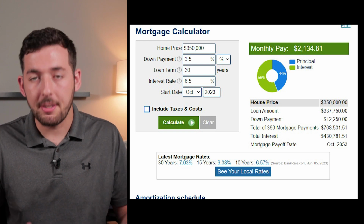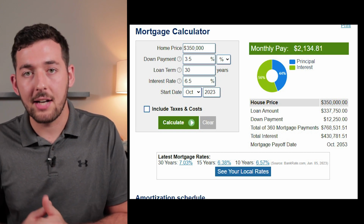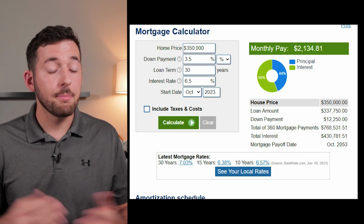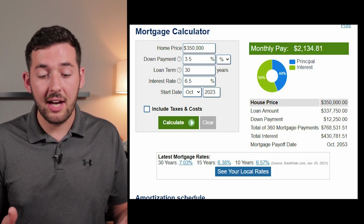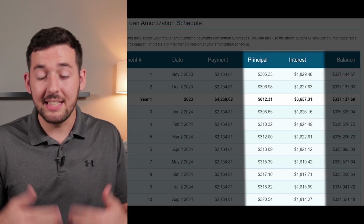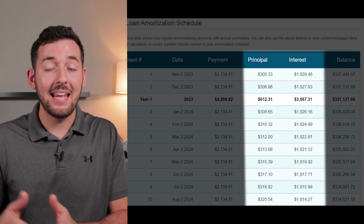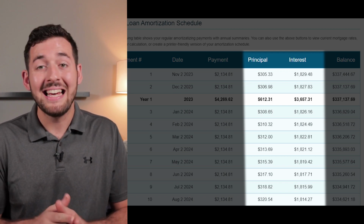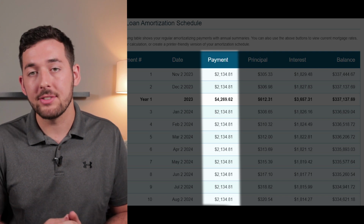So let's just say we purchased a property for $350,000 at 6% interest rate. This is what the numbers would look like. Your monthly principal and interest would be $2,134.81. As you can see, the interest paid and the principal paid throughout the loan changes each month. They're never going to be the same, but it always equals